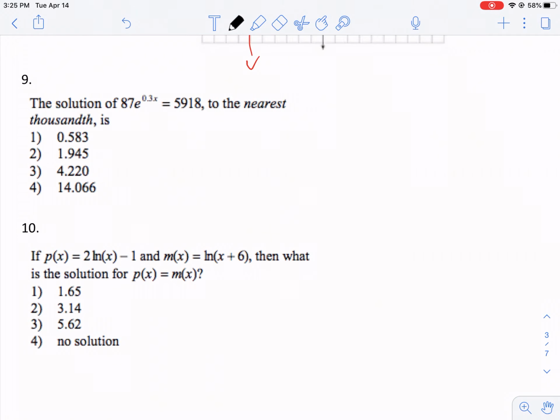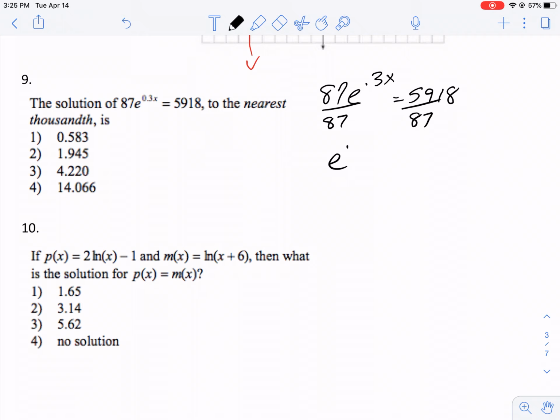Okay, this is Algebra 2, Week 4, Logarithms, 9-2n. So number 3, we have to solve for a variable exponent that is in the air. If the variable is in the air, you're going to need logs. In order to use logs, you need to isolate that variable exponent, so we need to divide both sides by